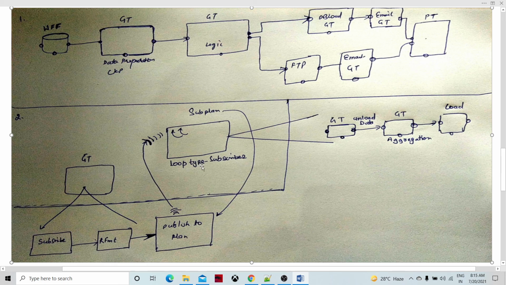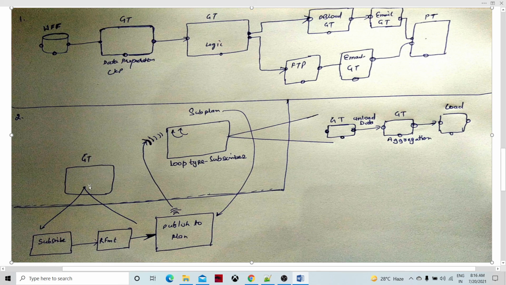What happens within the subplan is the same: some graph will be called, a graph task, then many other graph tasks following that, then a load graph or something. This is the invocation of the graph from the subplan, depending upon the data or message received from the publish to plan component or this graph task.